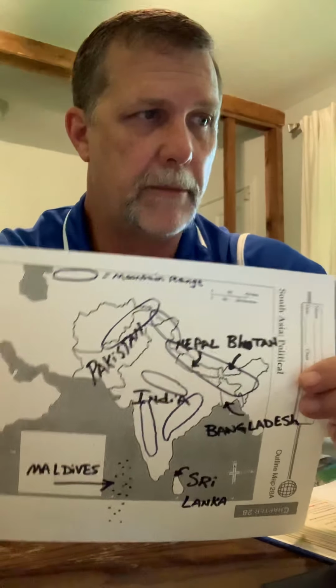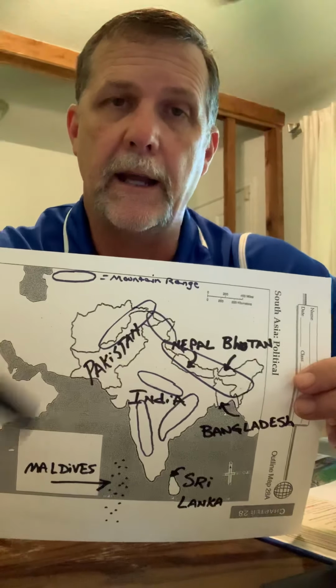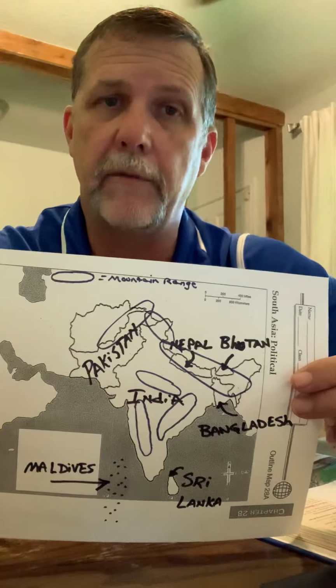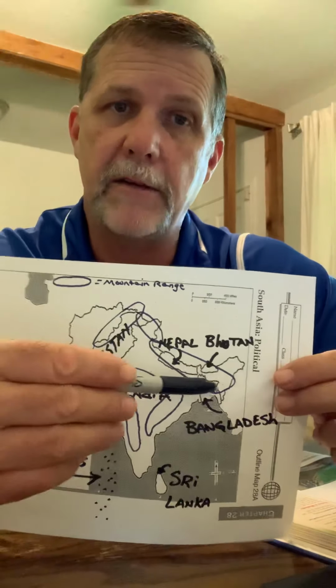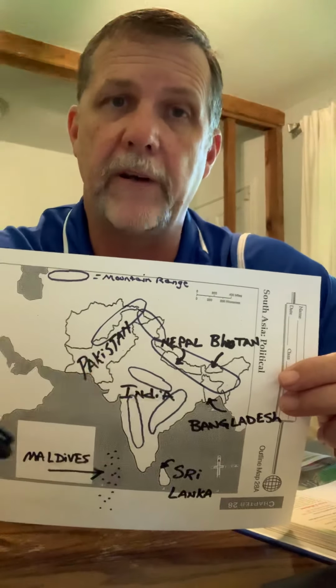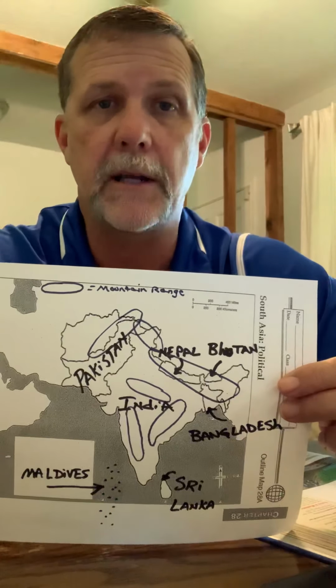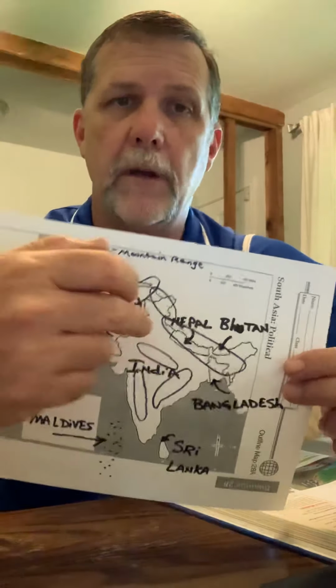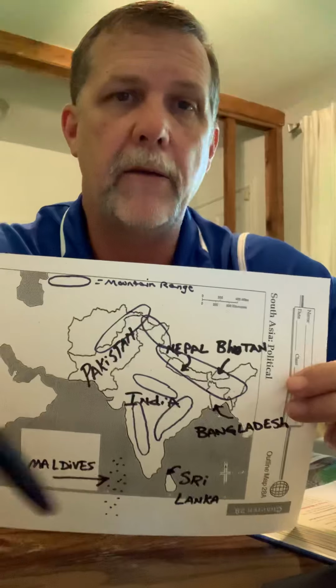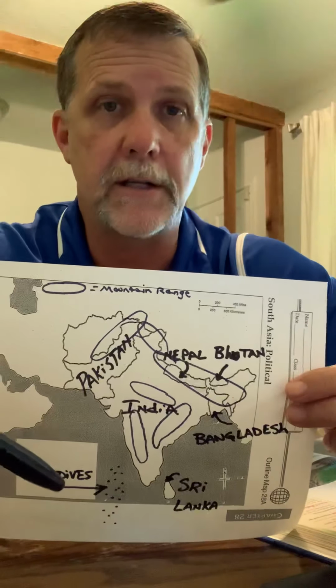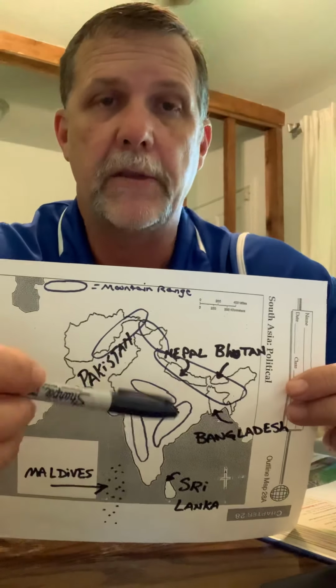Another thing I'd mention is the rivers. Remember, they have a lot of rivers as well. And part of that is if you're going to have mountains, you're going to have rivers. When you're going to have some of the largest mountains in the entire world, you're going to have a lot of water coming down from there at some point during the year. And so you have rivers. And so there's three main rivers in this area, even though there are thousands of massive rivers, big rivers, but there are three main ones.